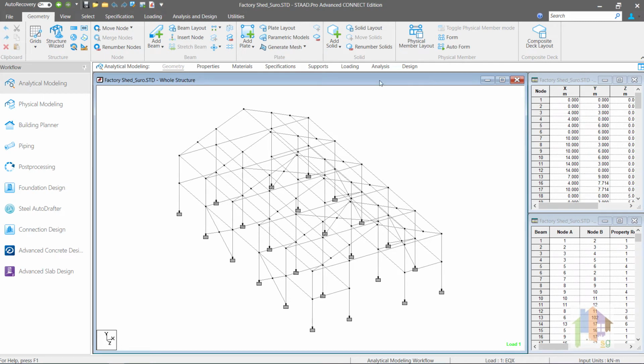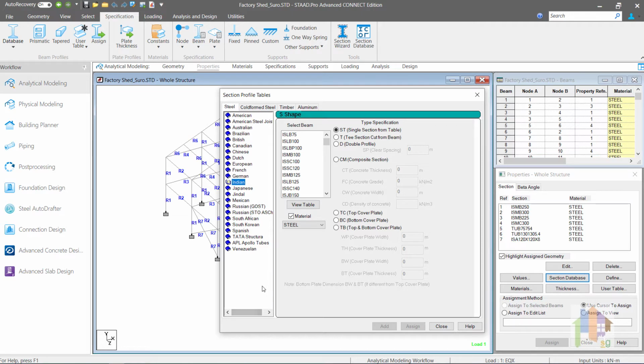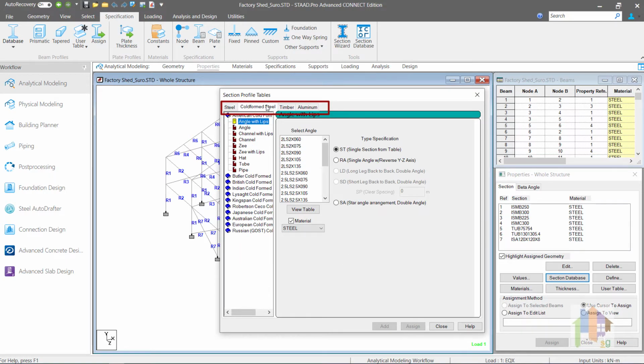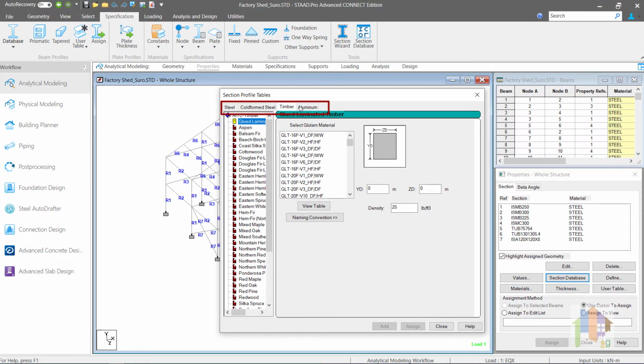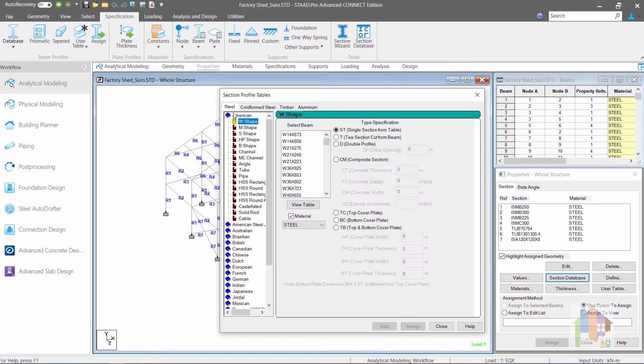Before going into the details, just a background. In STAAD, a standard section library is provided with common sections which are manufactured and available in the market. Four types of sections are available in this library: hot rolled and cold formed steel sections, along with standard sections for timber and aluminum. Now, these sections, along with the property values, are included in a database that is known